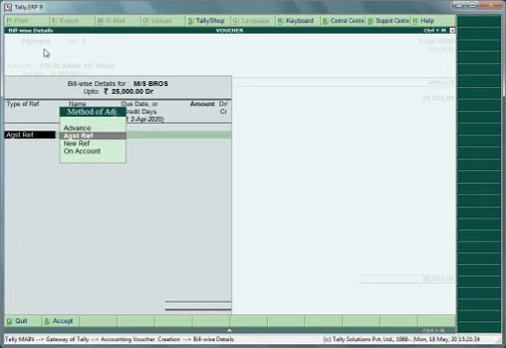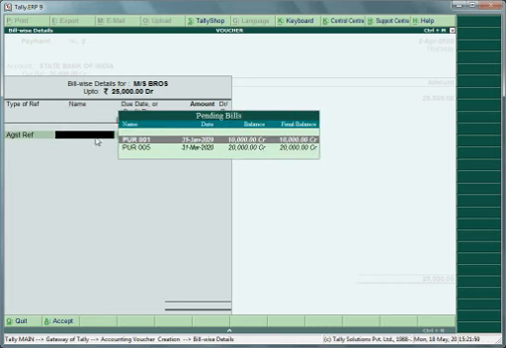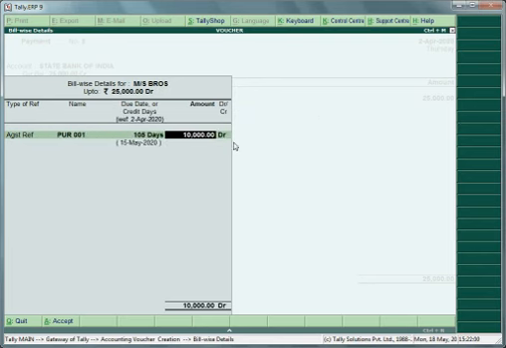Now Tally directed us to a page in which Tally wants to know against which bill we want to pay. Now type of reference here is against reference, as we are going to pay against some bill. So we select against reference. Now select the bill against which we want to pay. Suppose we pay against the first bill.